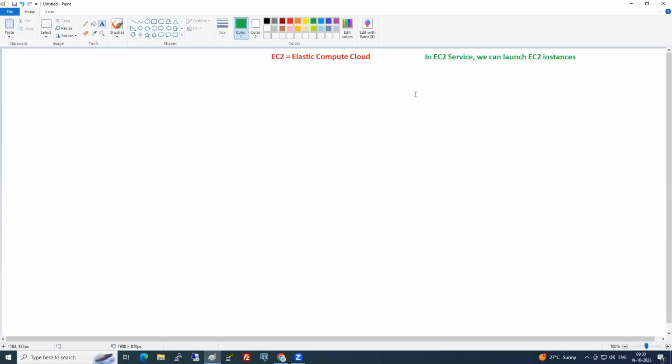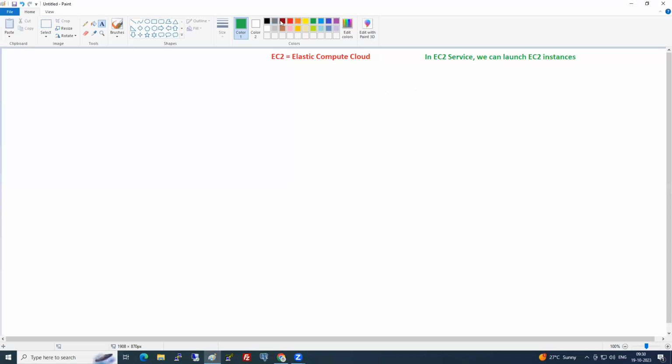I don't separately say this service is regional, this service is global. By default, the service is regional until I say otherwise. There are only a few services which are global. When we go to that service, I'll clearly say this service is global, and the rest of the services are regional. Now, do you understand the difference between regional and global? So EC2 is a regional service or global service?